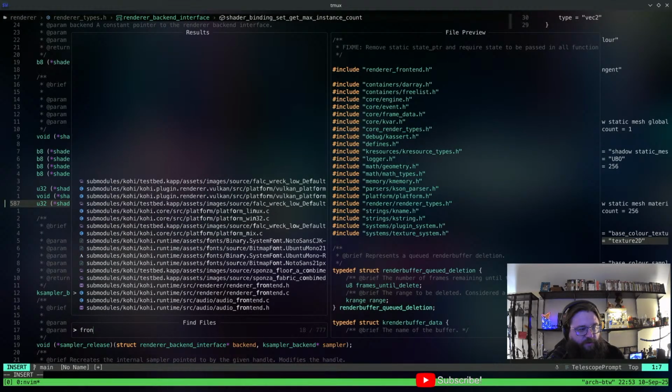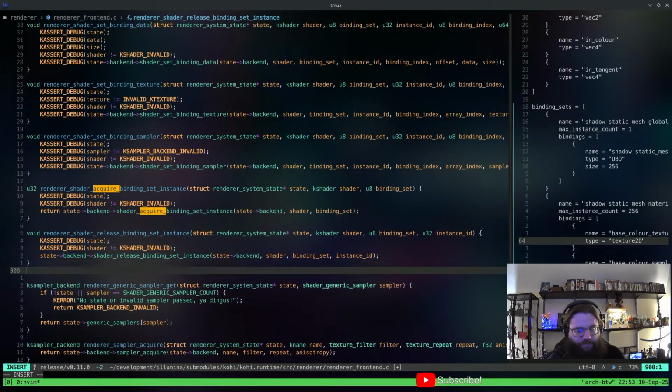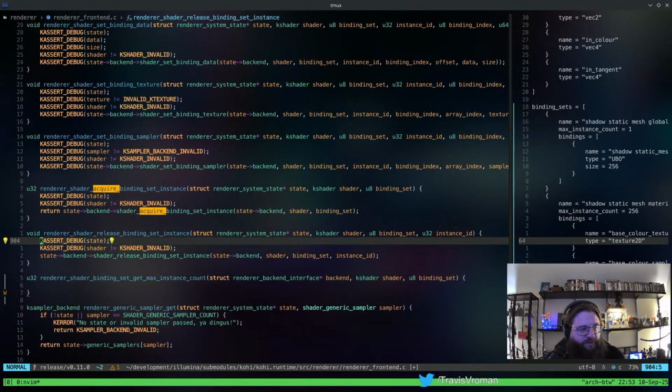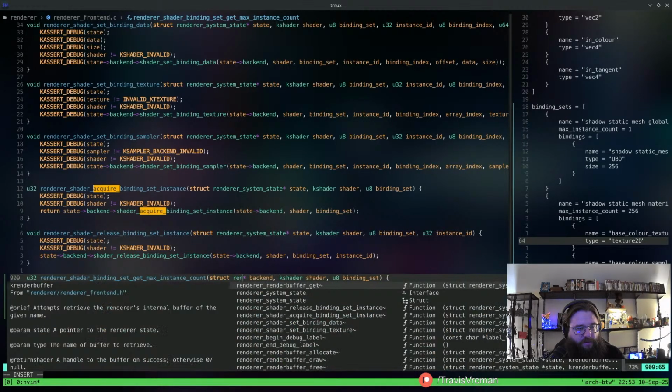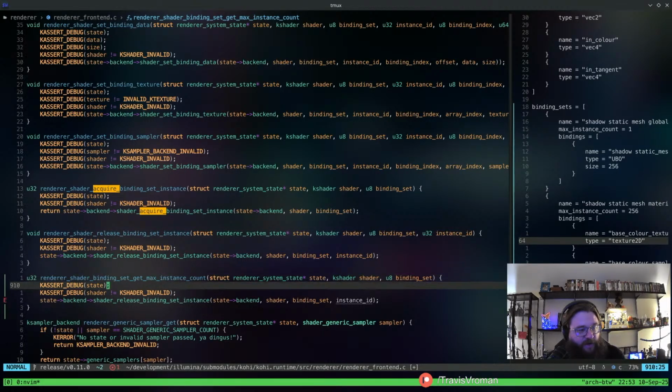And then we can take this and go to the renderer front end. We'll put this here, and we'll undo this. We'll do renderer. Right, and then we'll just assert some things and do, let's see, this is going to be state. So this has to be struct renderer system states, and then this needs to be states, right? Because that's going to be the state for the front end.